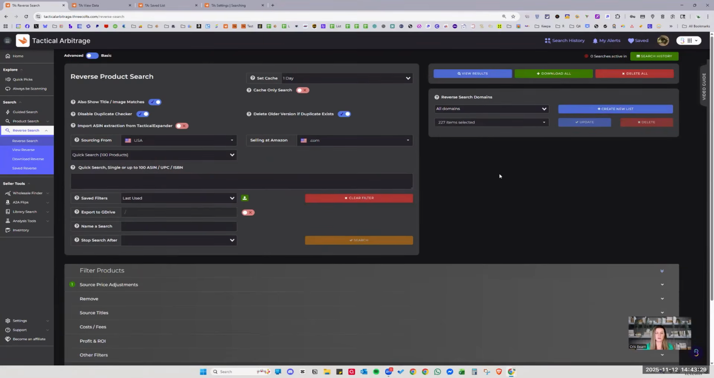So there's a difference between a product search and a reverse search. A product search is where you start with the website. So let's say we are searching Walmart for TA to find matches on Amazon. The reverse search, we do it the other way around. We flip that around. We start with a list of ASINs from Amazon and we set TA to find them